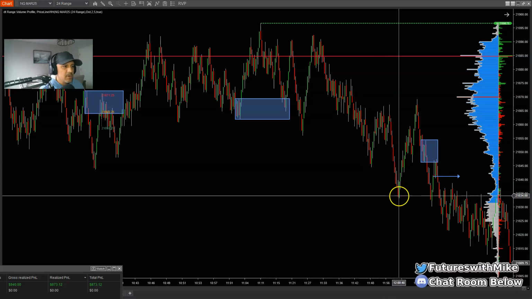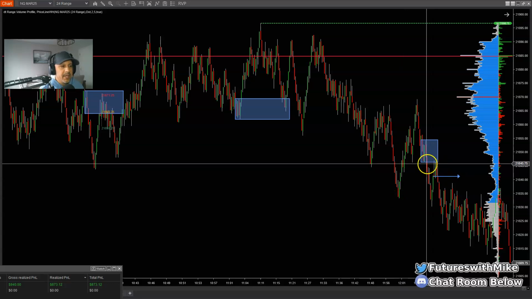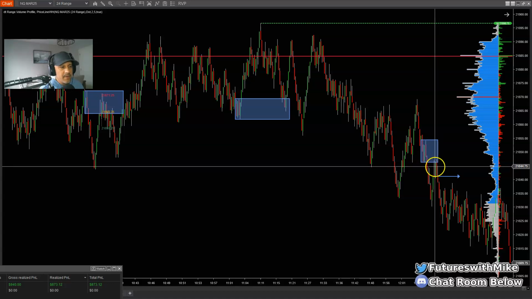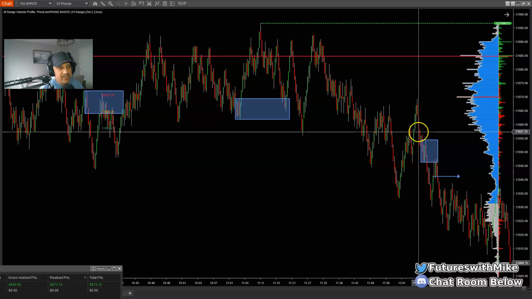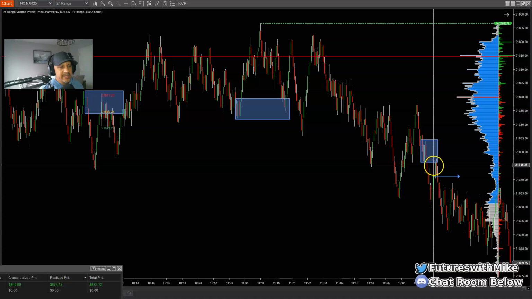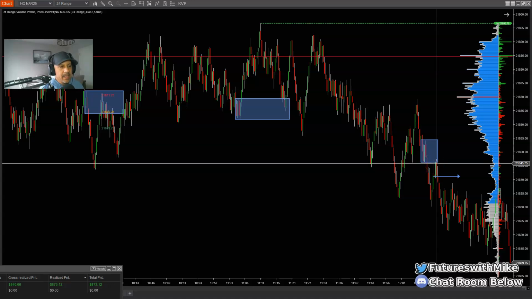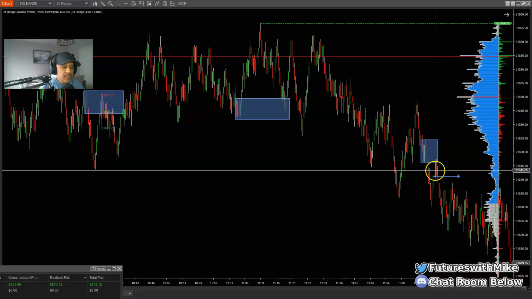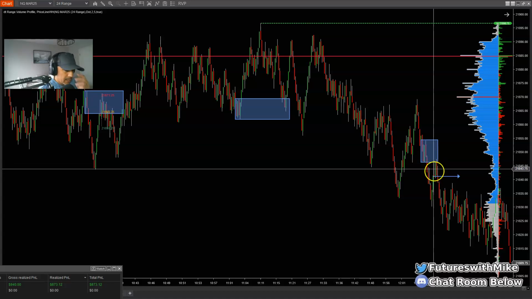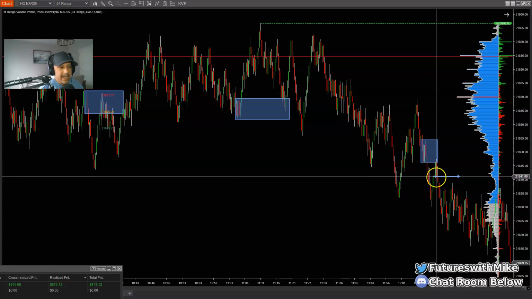So they broke structure lower, pulled back, came down, slight break of structure right here below this area here at 21,833. But here was a high probability supply zone off of the 24 range. But I had to be mindful because there was a gap right here where a supply zone rested above as well. So I just waited to see what was going to happen at this actual zone right here, the supply area. And when I got an aggressive entry, so the first break of the candle to the downside, when they came back to this area right here, as you can see, they came back,